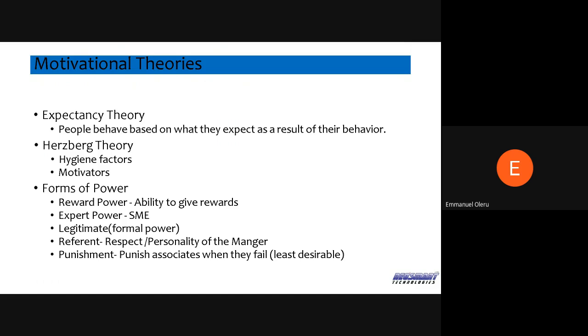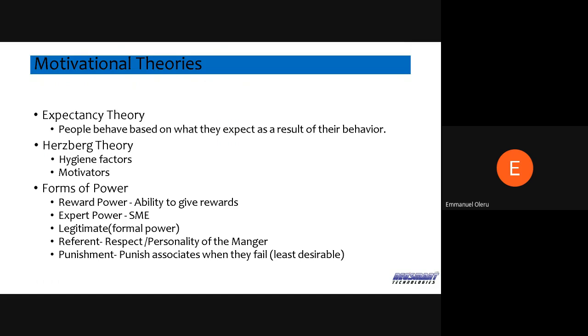We have reward power. Reward power is a kind of power that you have if you have the power to give somebody a reward, right? That's one form of power. Because you can give me a reward, I obey you, I listen to you because of that. We have expert power, which talks about me being knowledgeable in this field. I can speak more, I can do things because of my subject matter expertise. Right? We have legitimate power, which talks about formal power,